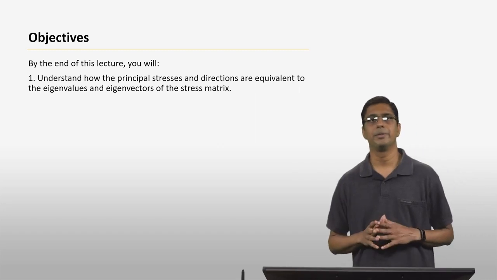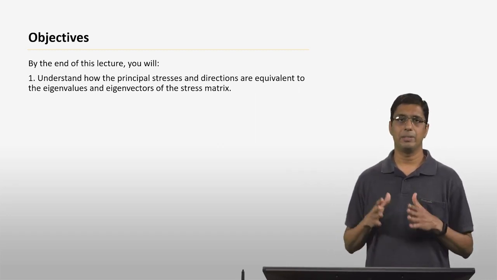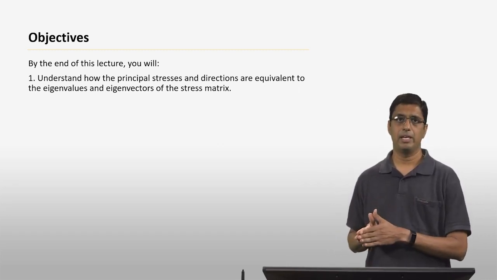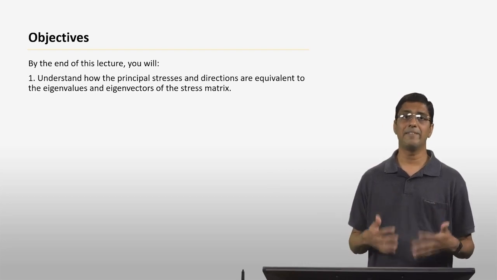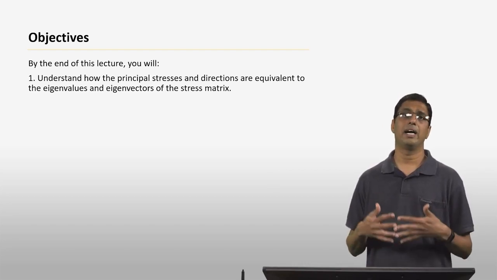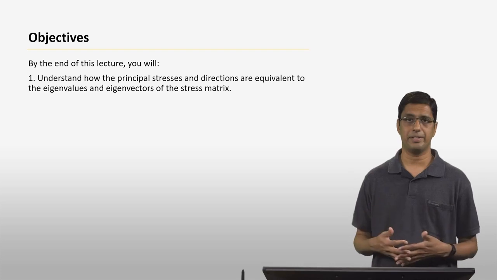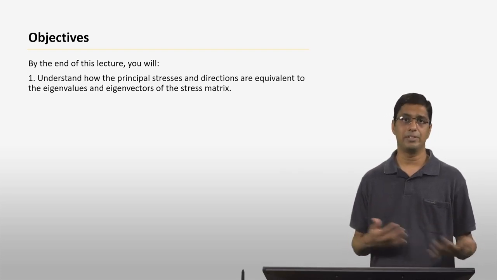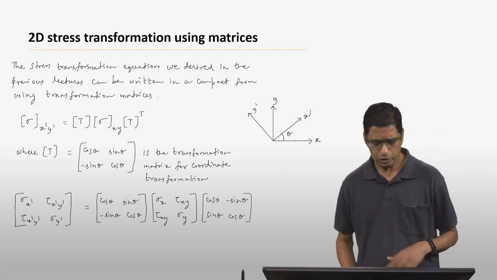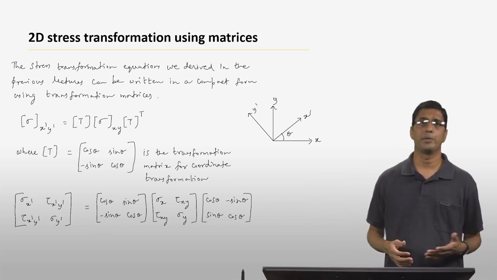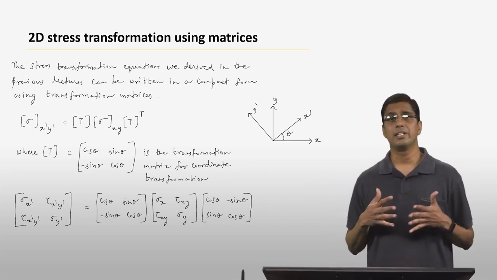We are going to understand how the principal stresses and directions are equivalent to the eigenvalues and eigenvectors of the stress matrix. And we will derive how this comes about. Okay. So before we do that, the first thing I want to note is that the 2D stress